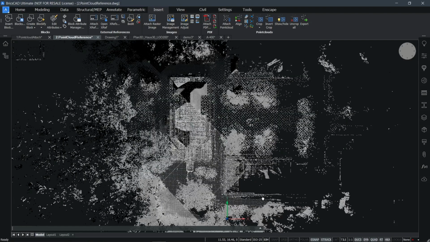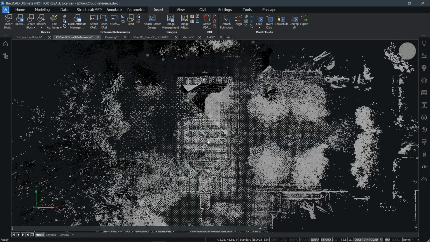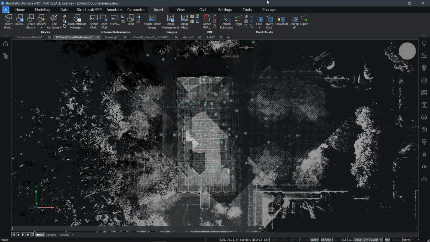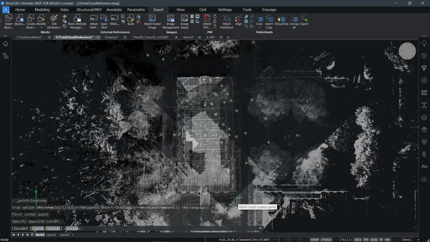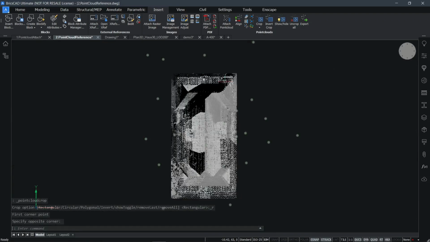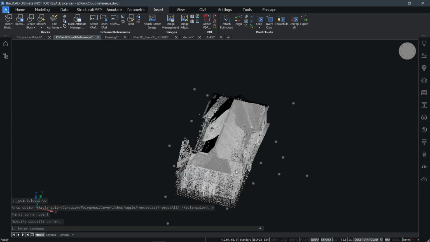You will see now my building is aligned with the X and Y axis. The next thing that we would like to do is point cloud crop. What does it do? Basically, you can choose a selection where you can crop your building, inside or outside. You have the choice to do that, and like this, you will be clipping